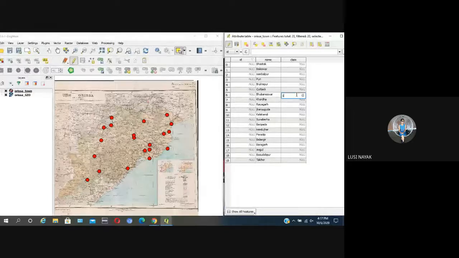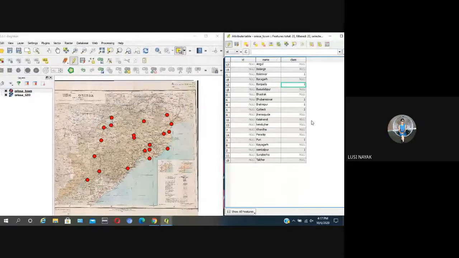Anybody any doubt further? Once we are done with this database, we can go for thematic mapping. I need it to be completed by today, so that tomorrow we can continue thematic mapping. Everybody has completed the main column. Please enter the class column.